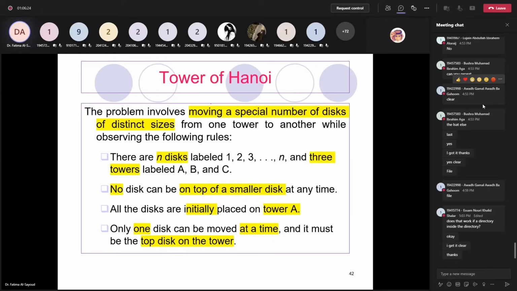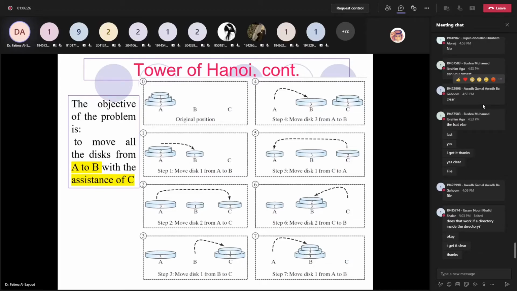If you don't get it, don't worry. We will see the example here, or the figures are going to make it clear for you guys. Okay, so the objective for this problem is to move all the disks from A to B. If you see here, we start from having the disks at A, and at the last step we have all the disks at B,